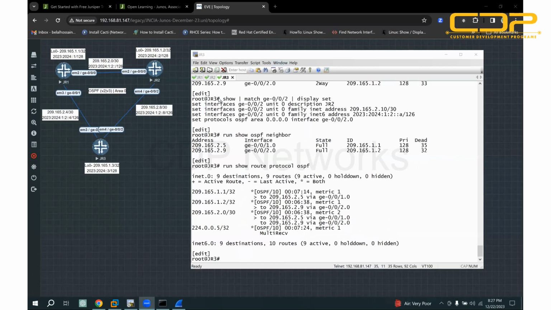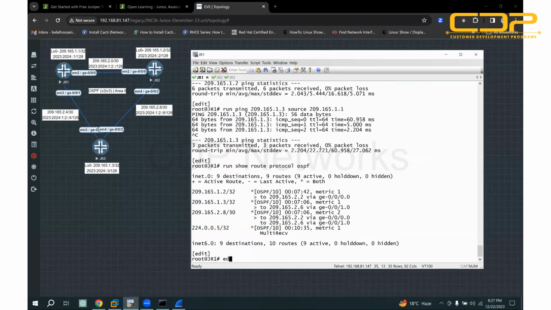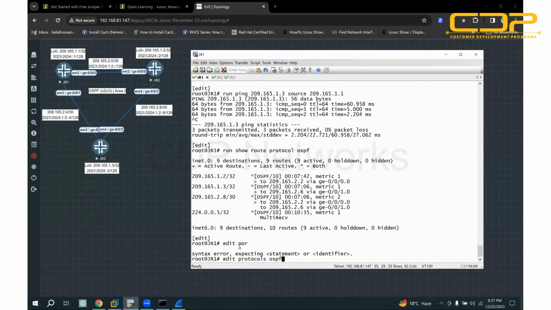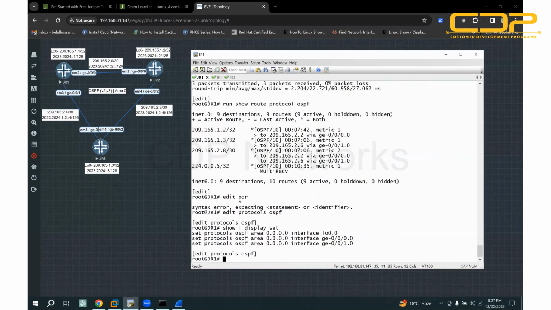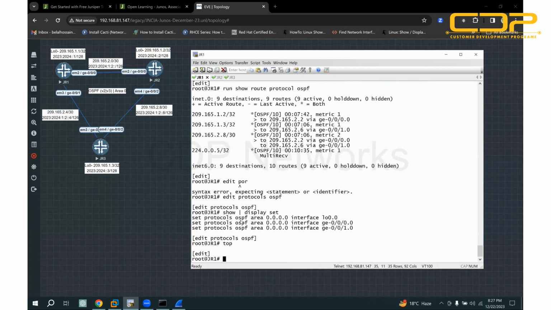Okay. So now starting OSPF version 3. Similarly, you can edit protocol OSPF, then show. You can press the display set. Similar, you can copy OSPF configuration to OSPF 3. Copy protocols, OSPF,